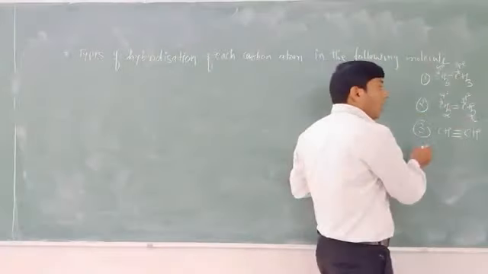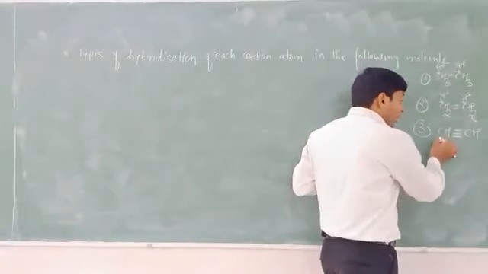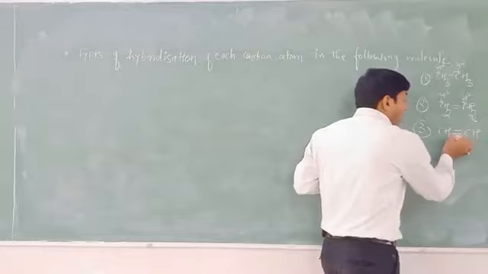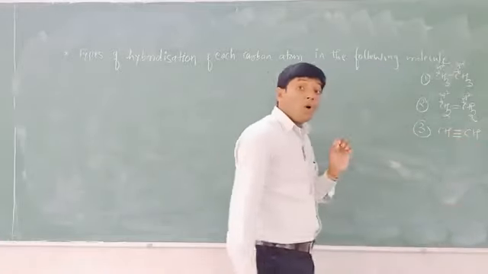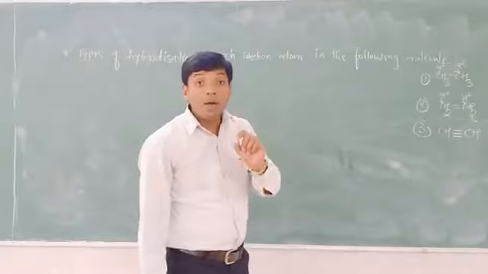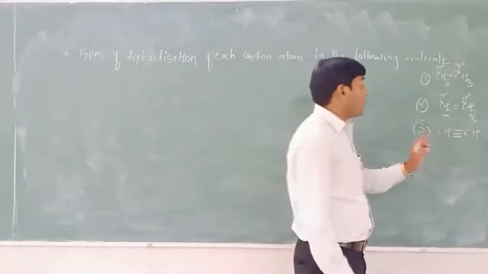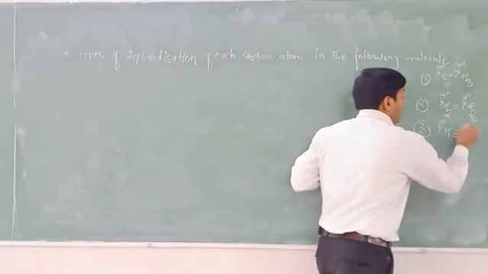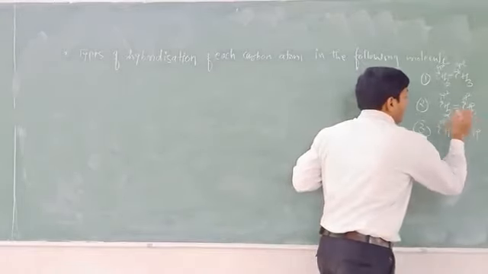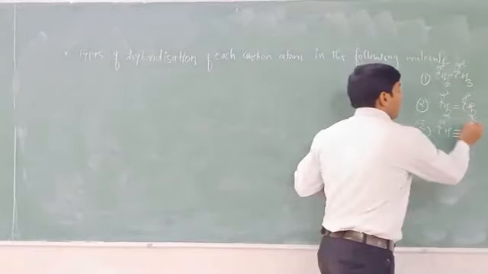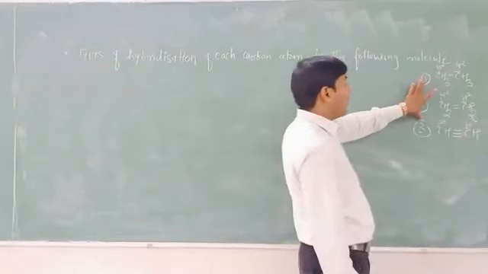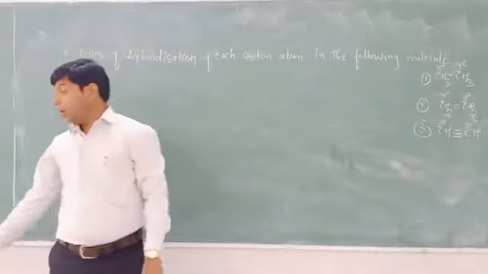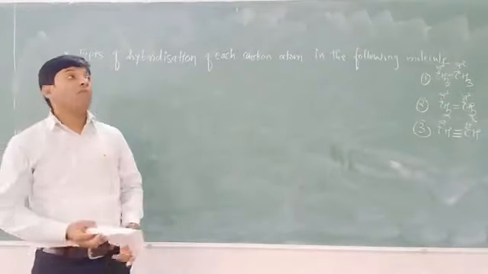Next, I will come to the alkyne example. This is ethyne. This carbon atom and this carbon atom are attached by a triple bond, where you find one sigma bond and two pi bonds. But both carbon atoms undergo sp hybridization. Which hybridization? sp hybridization. First of all, you have to remember this concept, and based on that, we will discuss a few examples. We will assign the hybridization of the carbon atoms.